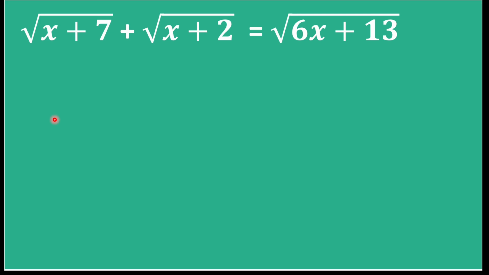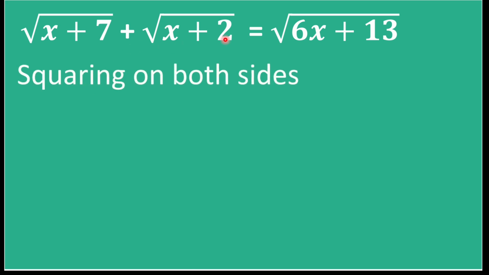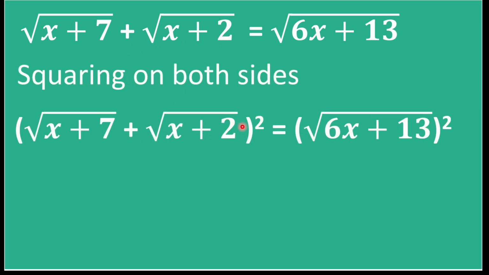Today we have this question and we have to solve this question for the value of x. So let's start the solution of the question. Square root of x plus 7 plus square root of x plus 2 equal to square root of 6x plus 13. So first of all we will take squares on both sides. So after taking square on both sides,